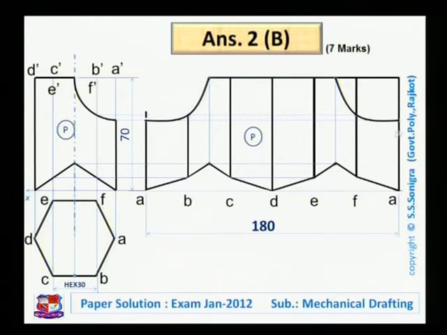After joining these points with the smooth curve, this portion is the removed portion, so here we should erase this portion. Here also this portion should be erased, or they should be made much lighter. So this represents the development of the given solid. If we develop the outer surface of this prism, it would appear like this. Here these vertical lines show the edges A, B, C, D, E and F. We may lighten these edges. This should be drawn clearly.